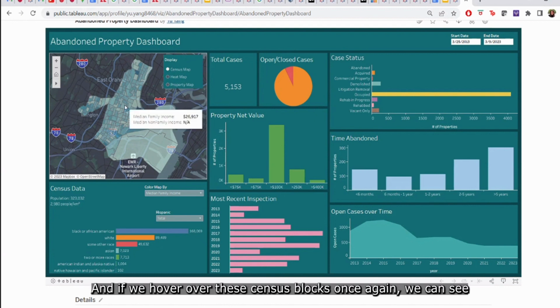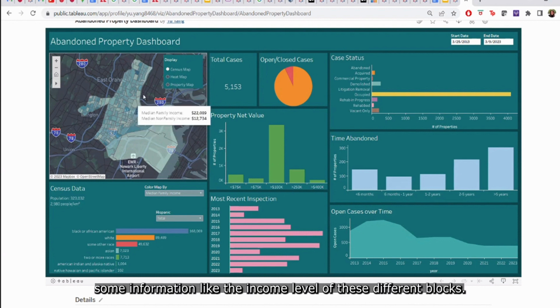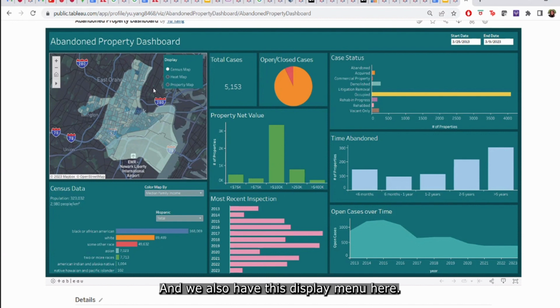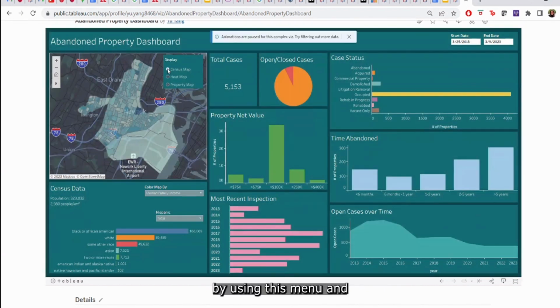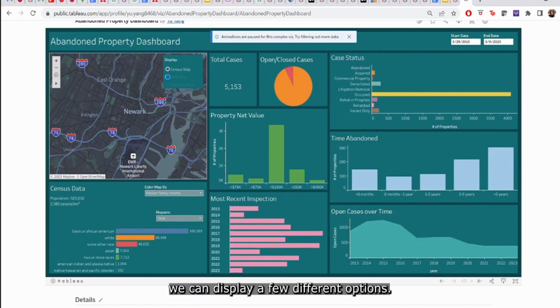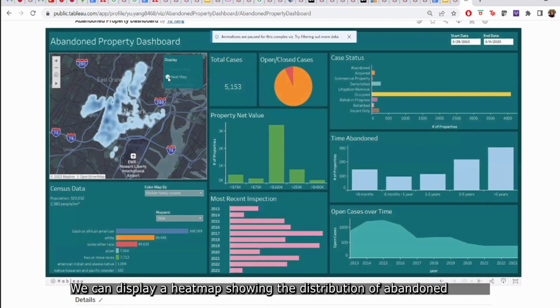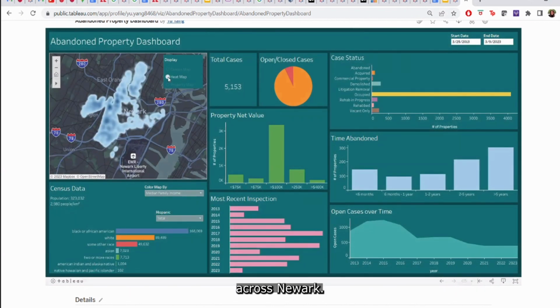And if we hover over these census blocks, once again, we can see some information like the income level of these different blocks. And we also have this display menu here. So right now the census map is being displayed. If we want, we can disable that by using this menu, and we have a few different options. We can display a heat map showing the distribution of abandoned properties across Newark, or we can display, once this gets off the map,